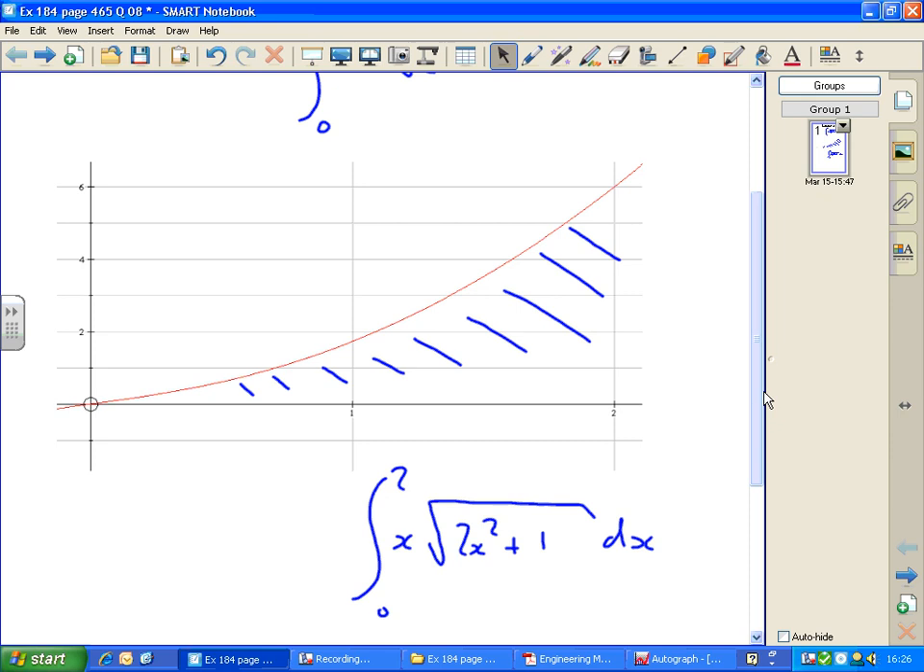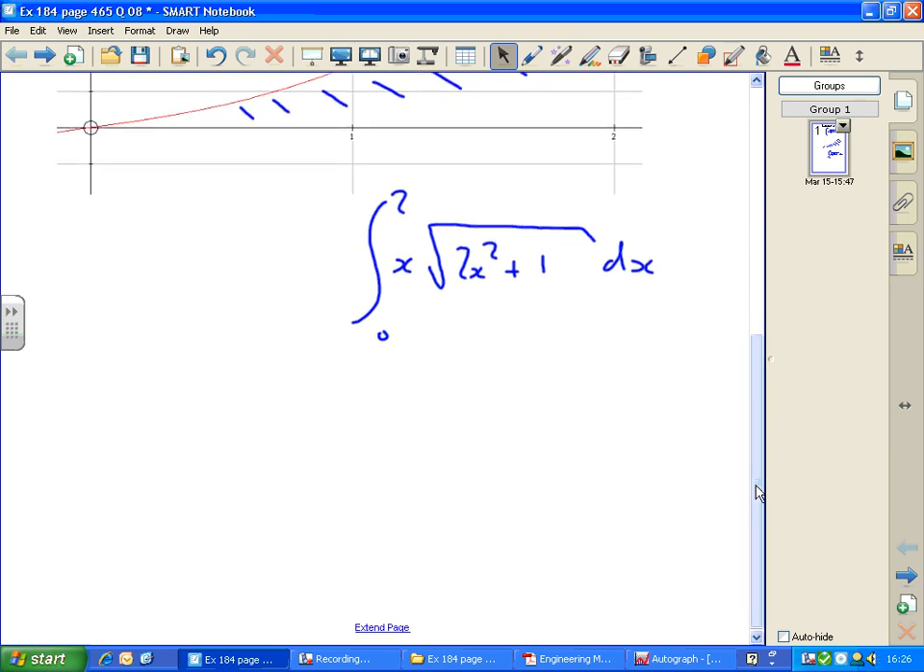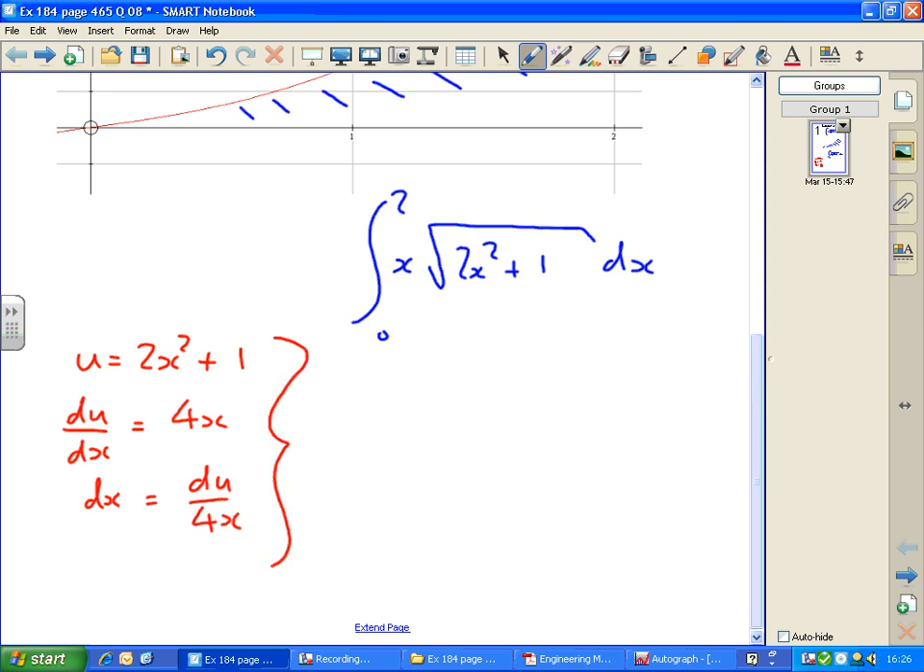So, what do we do? Well, we let u equal 2x squared plus 1. And so then du by dx equals, this time, 4x, so rearranging for dx equals du over 4x. Putting this information into the integral, we see that we get the integral between 0 and